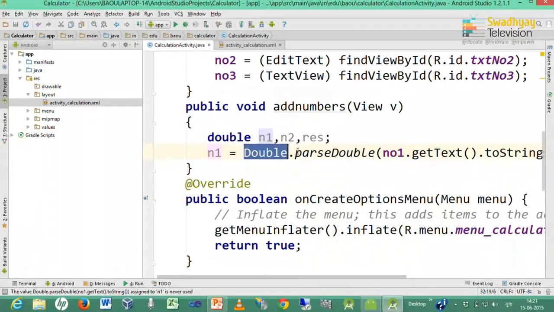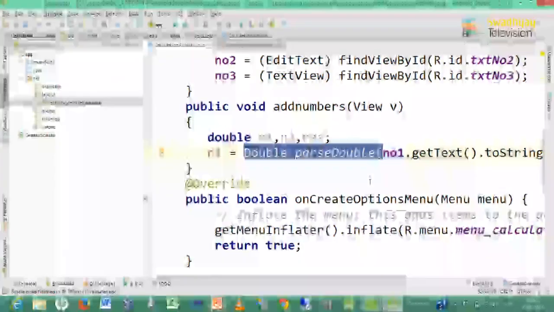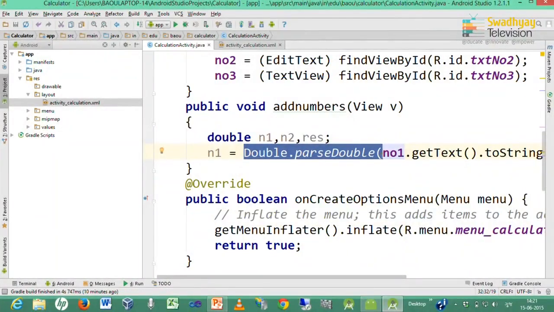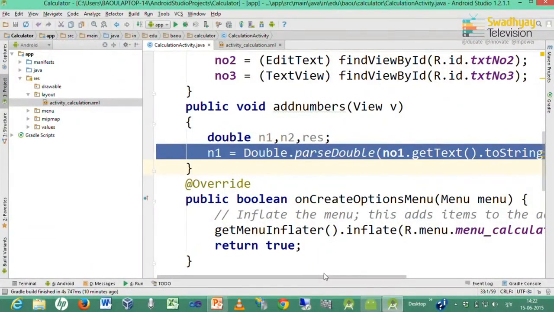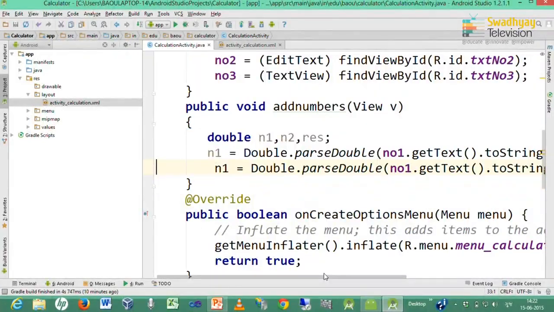Inside n1 we convert this string into a double value using Double dot parseDouble. Double is a wrapper class and parseDouble is a method that converts a string into a double value. This is how you can convert the text entered in the first edit text into the number represented by n1.